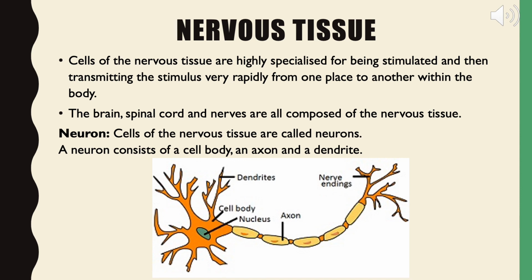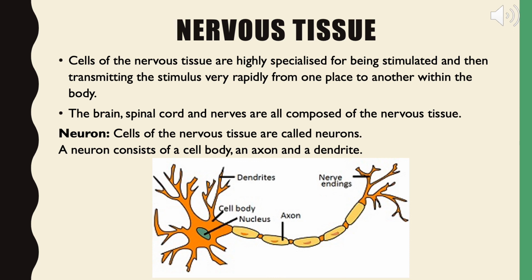And this neuron is basically made up of the cell body, the upper part, axon and dendrite. You can see the dendrites are present on the side of the cell body, and this helps in capturing the stimuli, which they get from the previous neuron. When the impulse comes to the dendrite, it gets converted into the form of an electrical impulse. It will pass on through the neuron body and reach the nerve ending, where